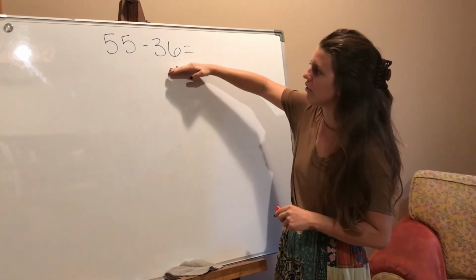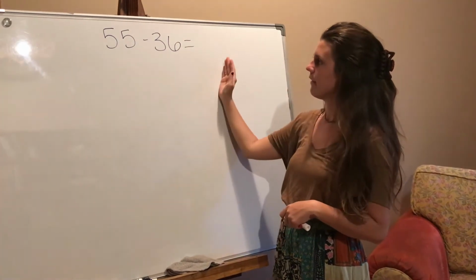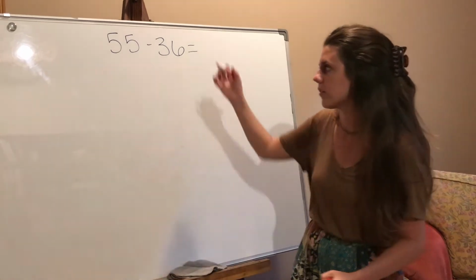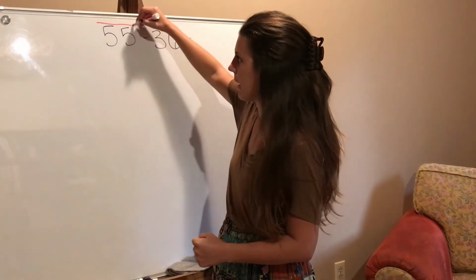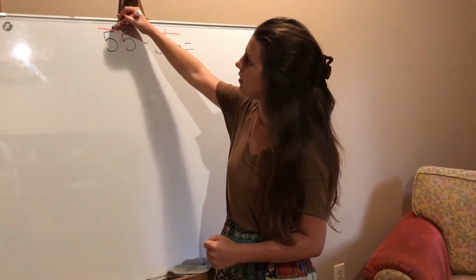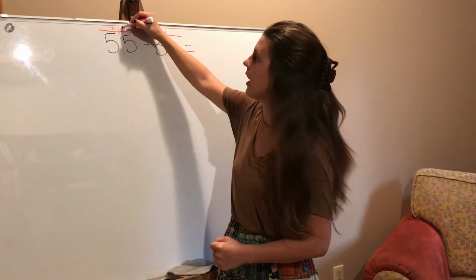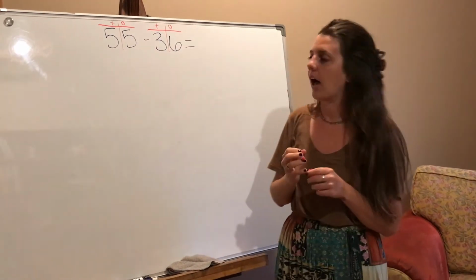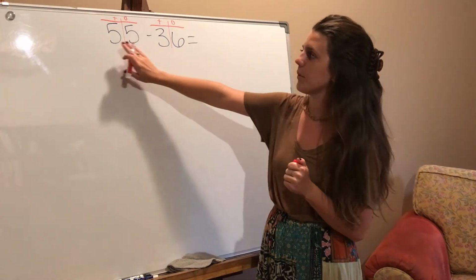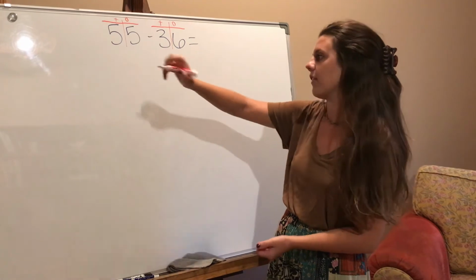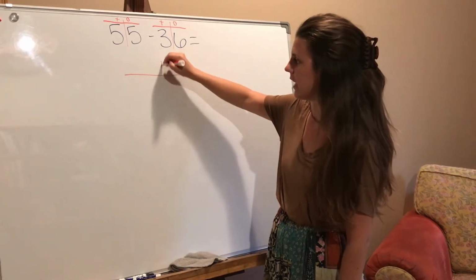So we're going to change it to be vertical. We are going to focus on our tens and ones. I'm going to draw my tens and ones place around these. Tens and ones, tens and ones. Okay, now that I've seen that this is in the ones place, this is in the tens place, this is in the ones place, this is in the tens place, I can draw a big